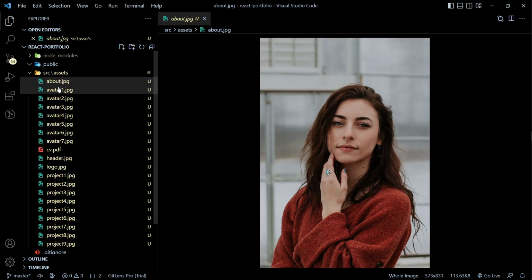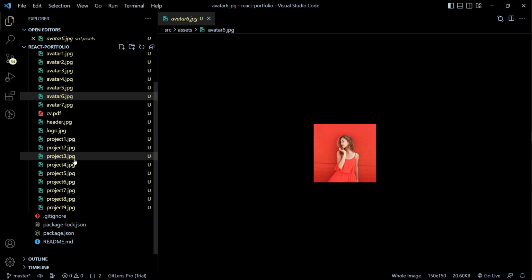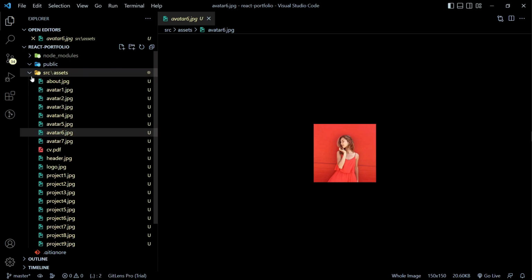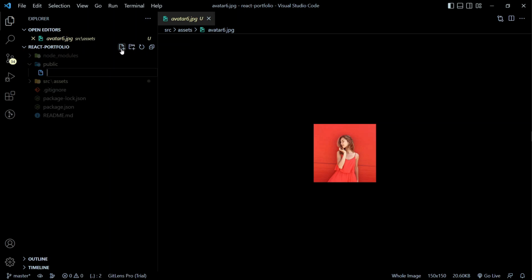All right, so here we just have some images that we are going to use for this project, and we have a PDF as well. Okay, so that's all you need for this project. Of course, you can use your own images. All right, so I'm going to go ahead inside my public folder, and I'm going to create our